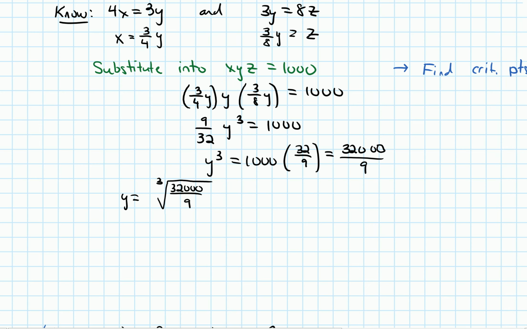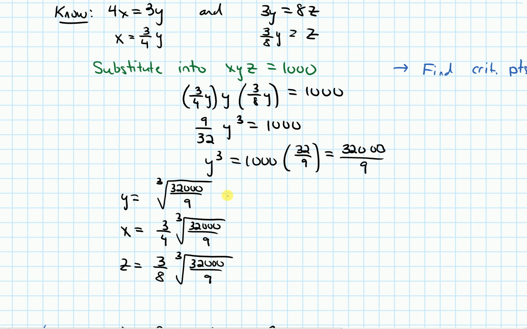But before I do that, let's say what x is and what z is. So if I plug this value of y into this formula for x equals 3/4 y, we'll get x equals 3/4 times this cube root of 32,000/9. Doing that for z, we get z equals 3/8 times that cube root of 32,000/9, and